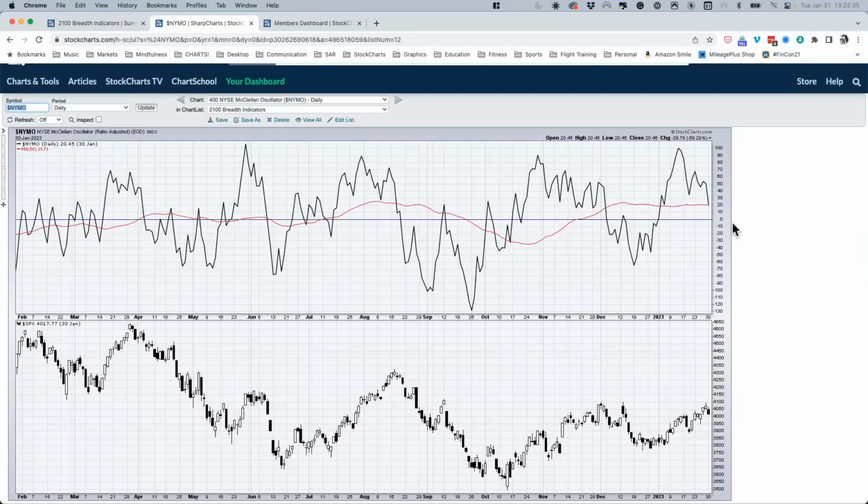It uses exponential moving averages to smooth out those readings a little bit. Generally speaking, when the McClellan Oscillator is above zero, those are bullish conditions. When it's below the zero line and the trend is slowing down, we start to show signs of distribution. You can see recently, over the last year, I'm looking back 12 months, when the McClellan Oscillator goes above zero, like we did most recently